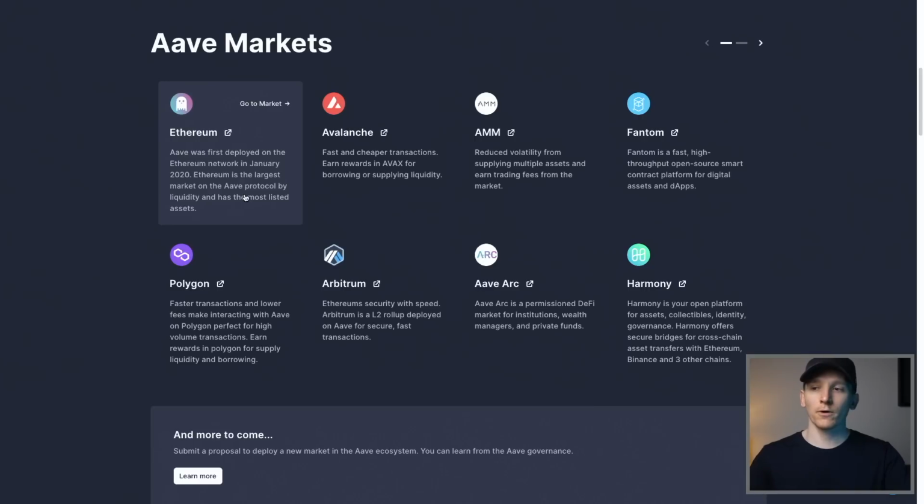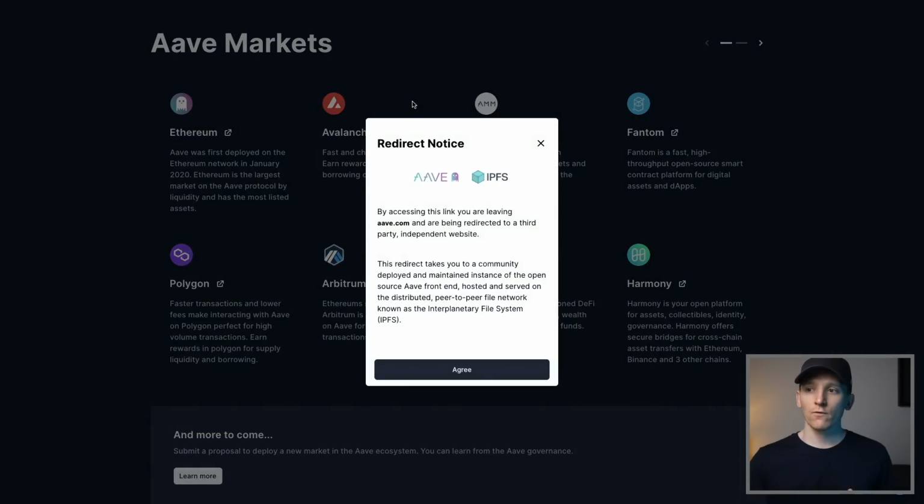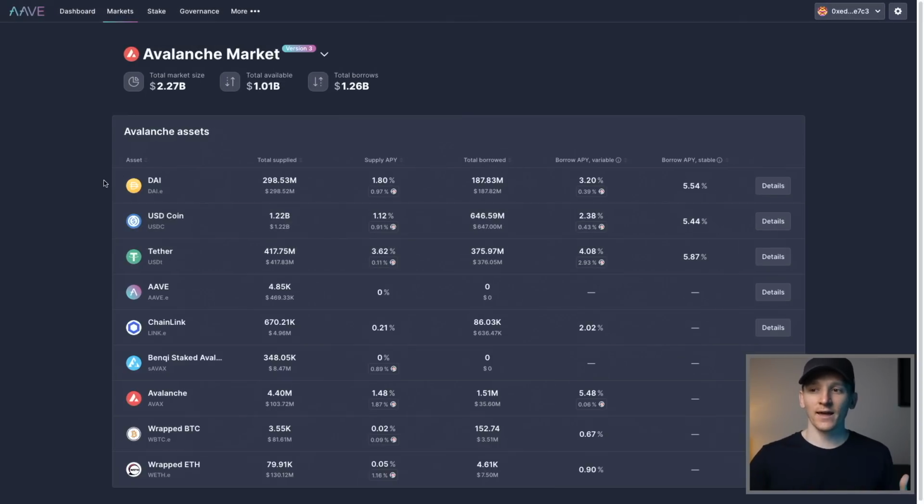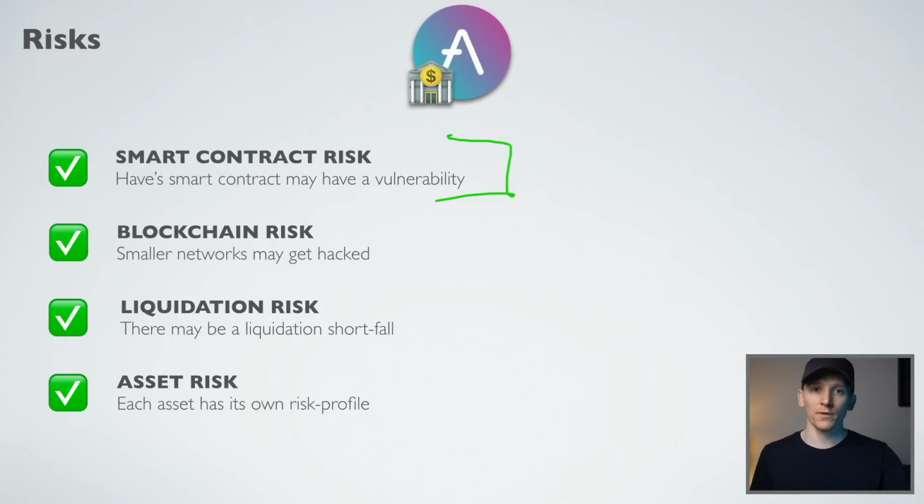Each one of these lending protocols and markets relies on contracts, which is code that dictates the supply and demand of the assets. You put your assets here, they earn interest, and then all of the smart contracts dictate the interest rate and, of course, the flow of all of those assets. There has to be smart contract risk with every smart contract, and so that is one of the risks.